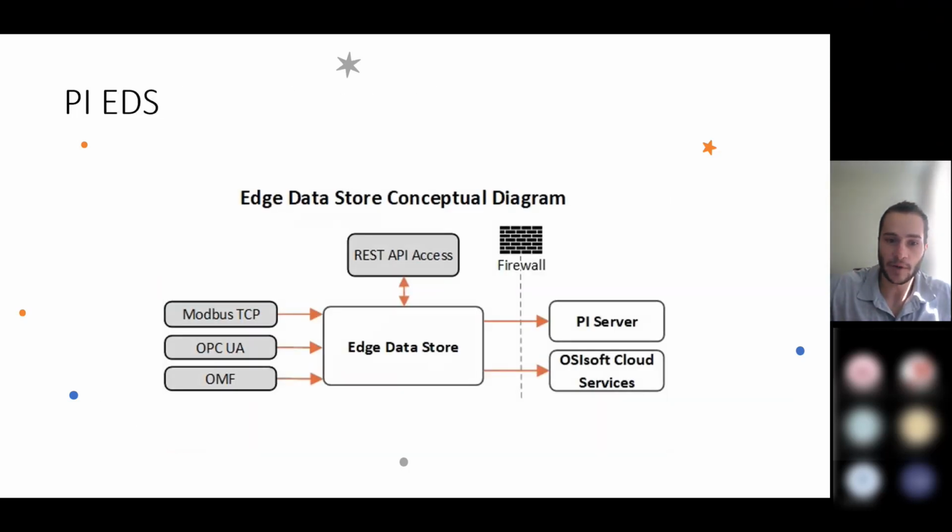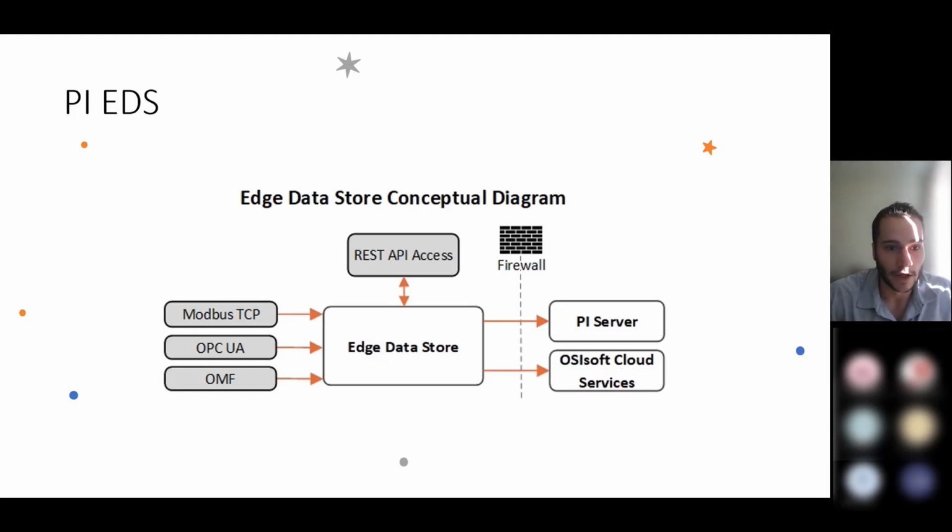So one important feature of Pi that I wanted to point out is the Pi Edge Data Store, also known as EDS. What that is, it's a data collection and storage application that is built to handle data at the edge of networks. What I mean by that is it's essentially a lightweight and basic historian that runs on small or rugged devices that otherwise might be hard to access and might be difficult to incorporate normally into your